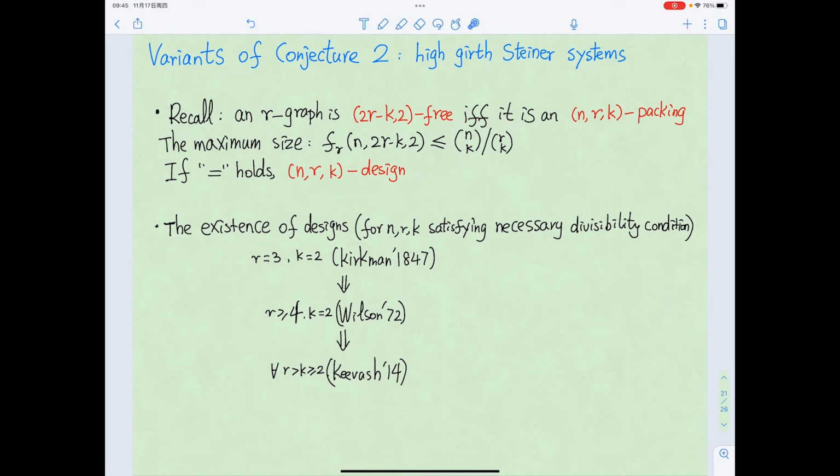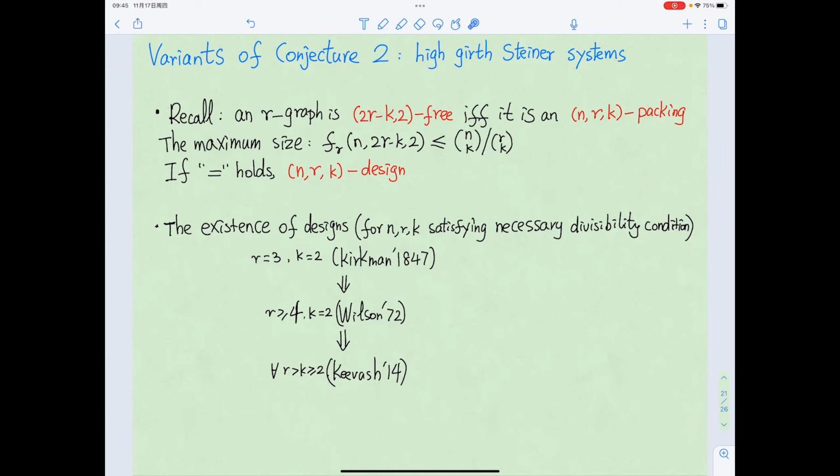So if the inequality holds, then such an r-graph is called an (n, r, k) design. The existence of designs for (n, r, k) satisfying certain necessary divisibility conditions is a fundamental problem in combinatorics. The initial case, r equals 3, k equals 2, was solved by Kirkman back in 1947. And the case r at least 4 and k equals 2 was solved by Wilson in